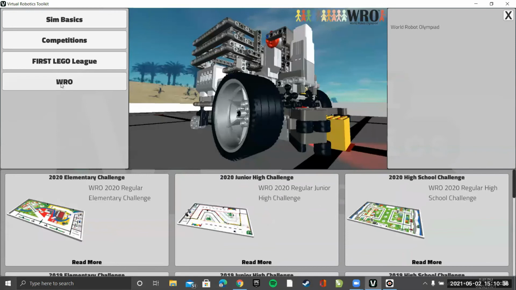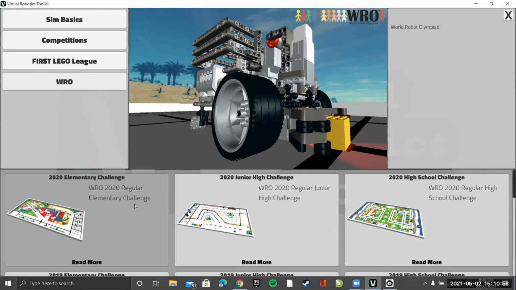Now, World Robot Olympiad this year, they completely went online, and they have posted the recent mats. That means if the competition was there in 2020, the students could actually practice on the virtual environment and then go physical for the competition.